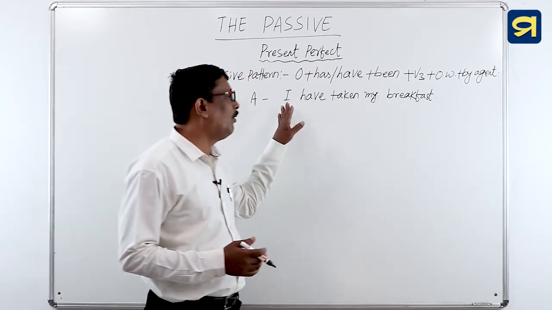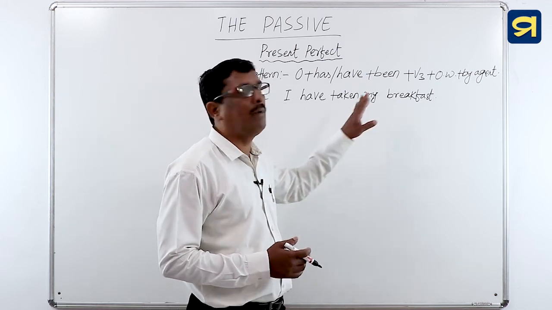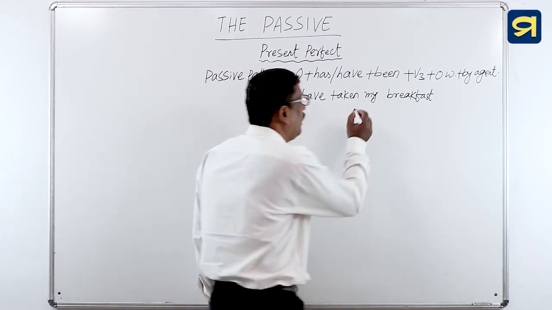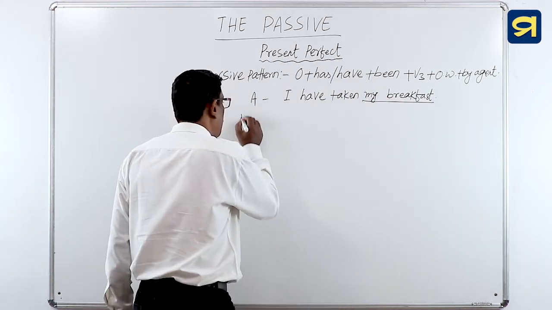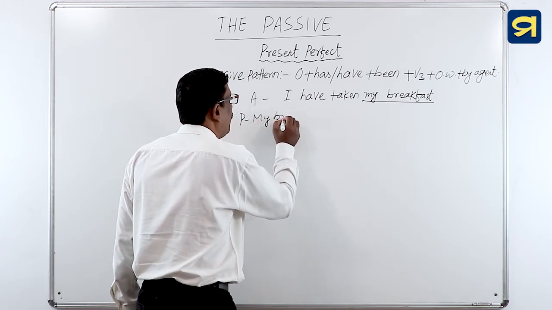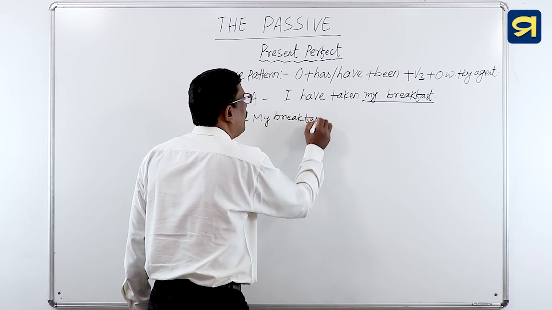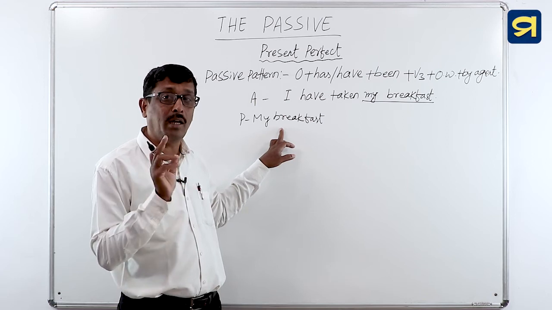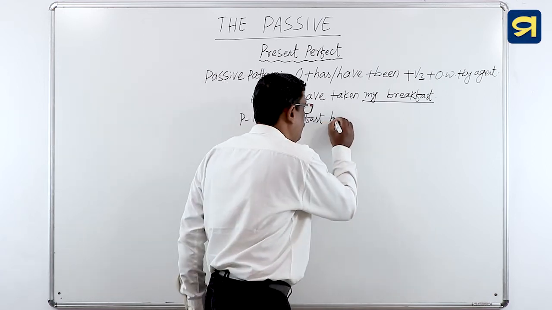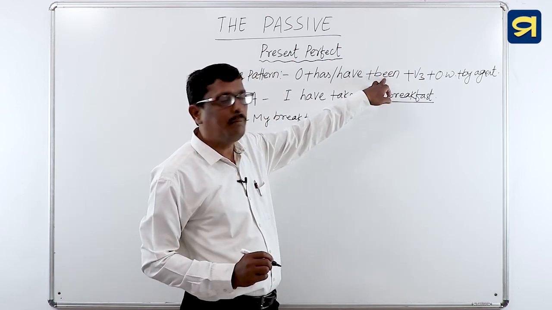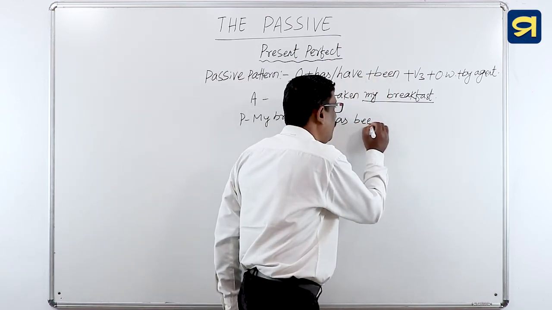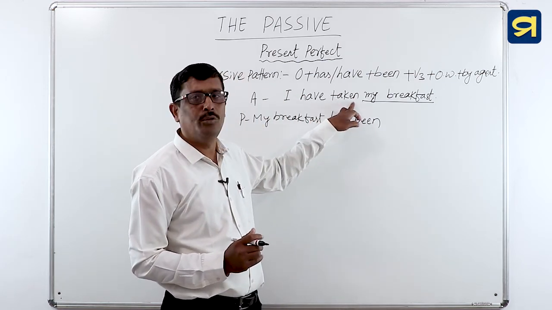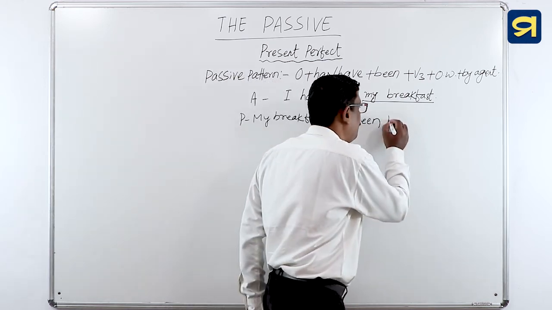Dear children, change the voice of the sentence. I have taken my breakfast. You find out the object of the sentence? Very good. My breakfast. So use in the beginning of the sentence, my breakfast. As breakfast is the uncountable noun, which verb is used? Has or have? Very good. Has. Then has followed by what here? Been. Very good. You will use been. As in the present perfect, V3 has already given, then we will use what? Very good. Taken.